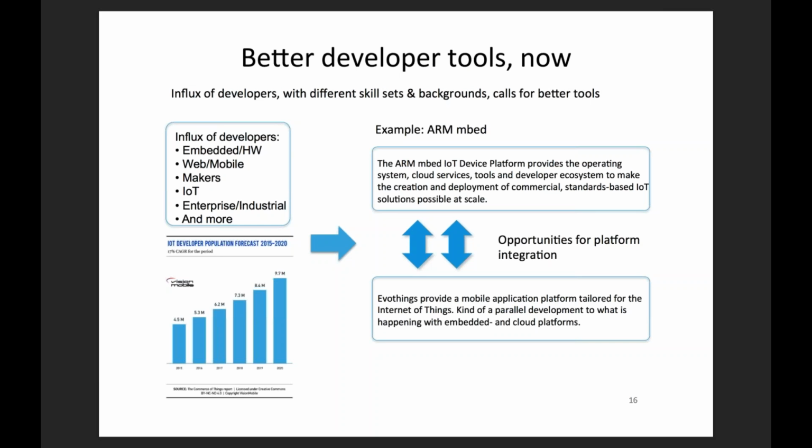We also see that there are new kinds of developers coming in. There's web developers, makers, embedded people that are very good with soldering iron and hardware. We have a lot of people using ARM mbed, for instance, who haven't had the skill sets for creating mobile services and applications, but using these highly abstracted systems, it's easier for them to create the end-to-end solution, and it makes their hardware more interesting because instead of having the hardware on the table, you can actually see data flowing out, and you can do more of these things in-house, and you don't need to hire third parties to the